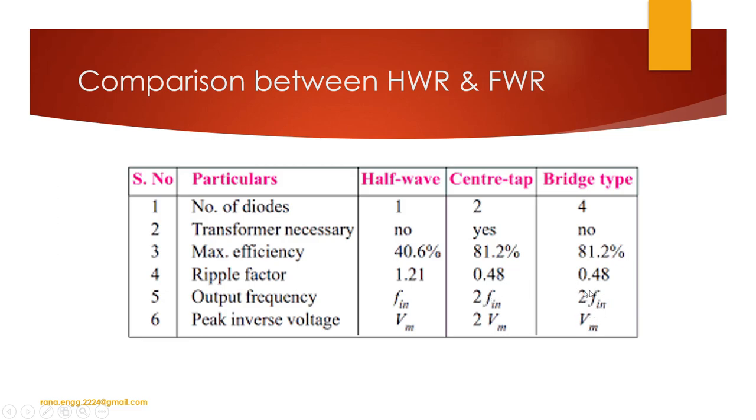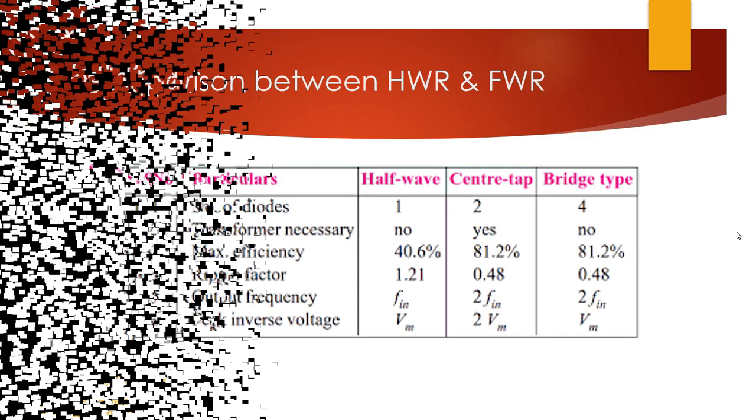Here for bridge we are providing additional diodes, 4 diodes. It is increasing the cost, but it is also providing more security. If one diode is damaged, another diode can manage to give the output. And peak inverse voltage, as we just discussed, for half wave it is Vm. For center tap only it is 2 Vm. For bridge again it is Vm. This we have to remember in examples if it is asked about center tap or bridge.